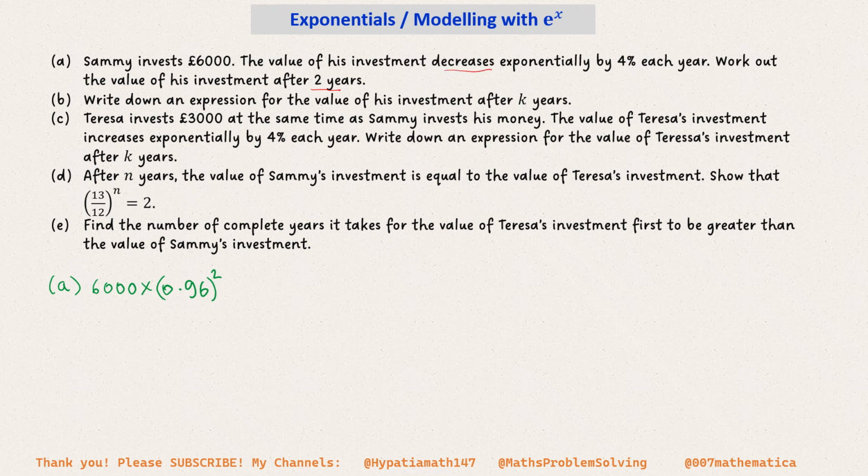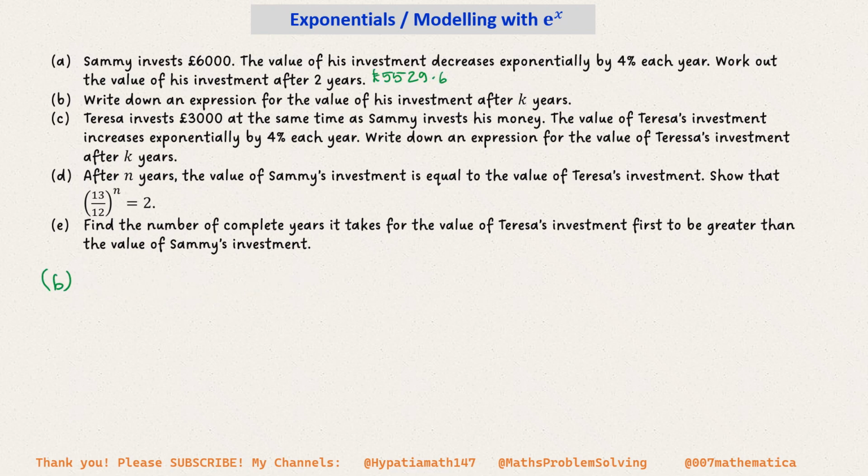and it is decreasing by 4%, so 96% is what the value of the investment would be. 96% of 6,000, but that would be in the first year. So if it is in year 2, you'd have to raise it to the power of 2. So that's part A, and the answer I get is